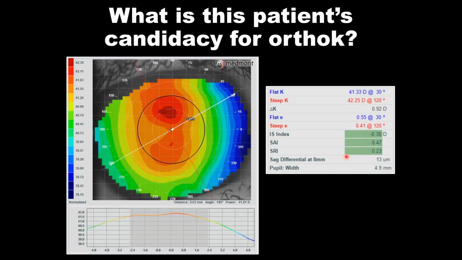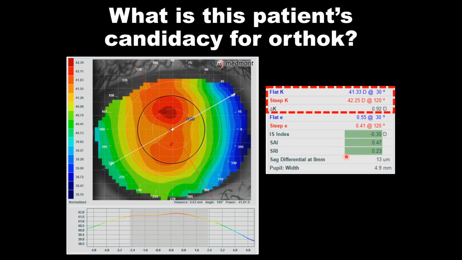Now let's consider ortho-K. What about this eye? Would you consider this patient a good candidate for orthokeratology? What do you look at that would indicate to you that this is a good case? Of course, we're going to look at the K readings. That gives us a starting point in radius. This cornea is relatively flat,